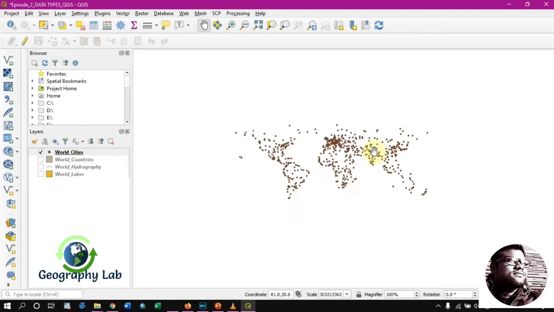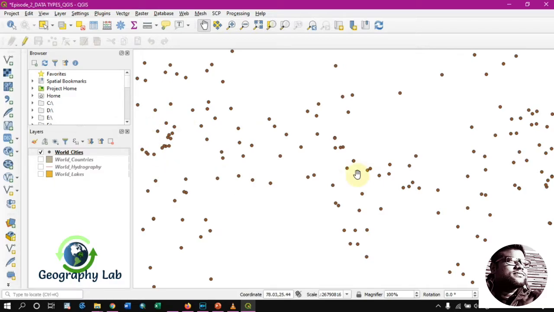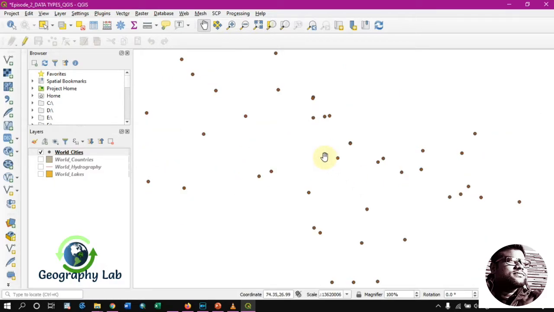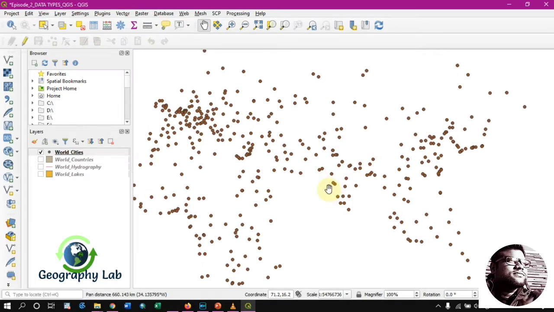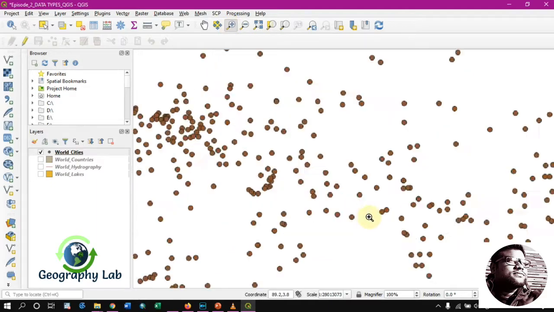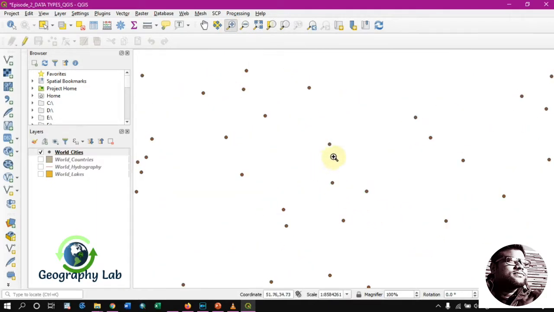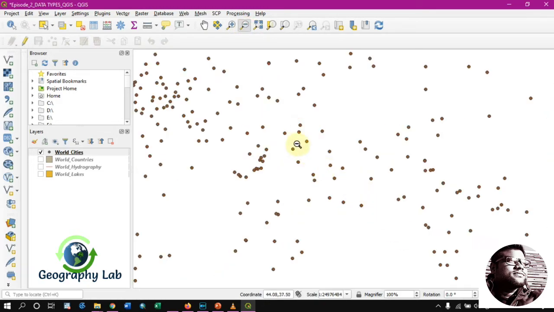So let's zoom to one city. We can zoom out or zoom in through the mouse scroll. Otherwise we can go to the zoom selection tool and select a rectangle, and it will zoom automatically. Or the zoom out option, the minus sign, you can zoom out.